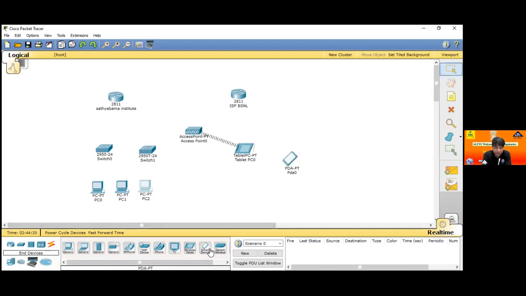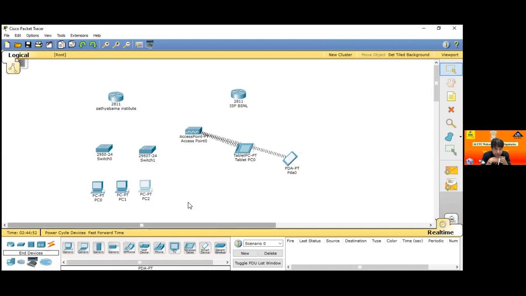I request you to please put them in a proper manner. Same row, same location: PC 0, laptop 0 and PDF in the same line. Okay, sir. Otherwise, a lot of connections will get lost. Access point, just move it in the row of switch 0 and switch 1.